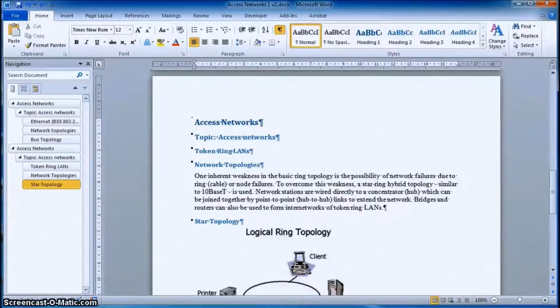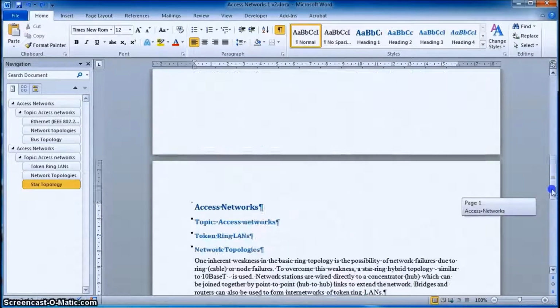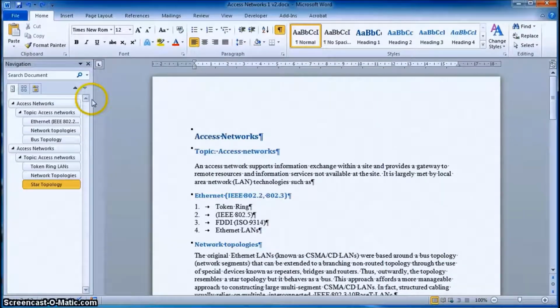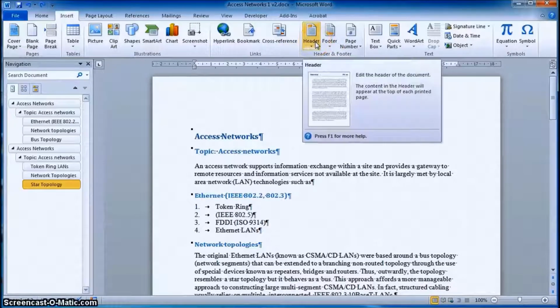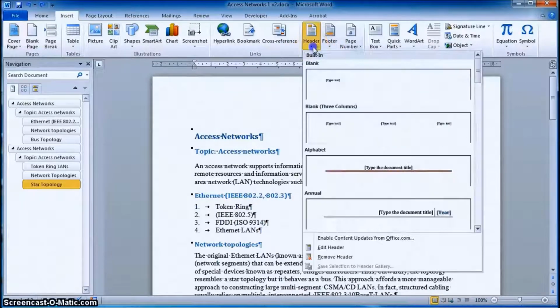Now that I've formatted that page that we just inserted, what we're going to do now is have a look at headers and footers. Now there are a few ways that you can actually do headers and footers. You can go to insert and insert the header and the footer. If you go this way and you click, there are a number of different predefined types that you can then